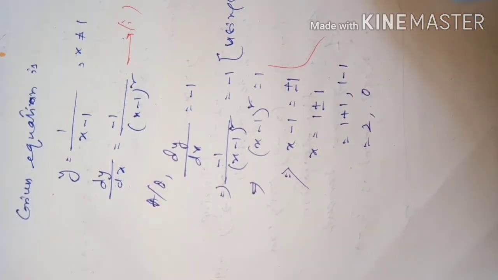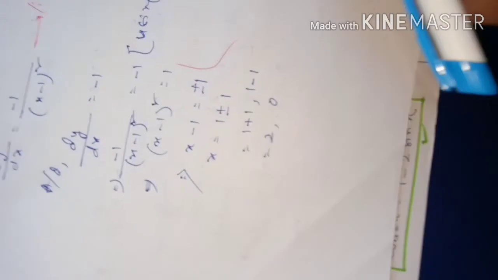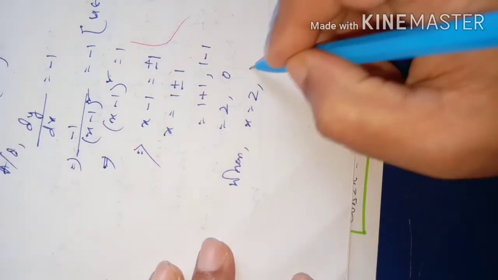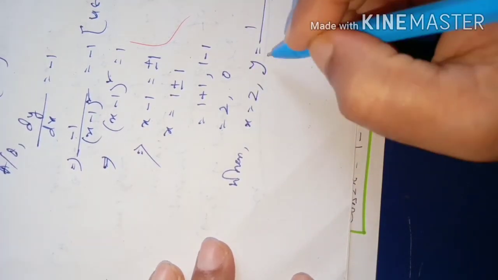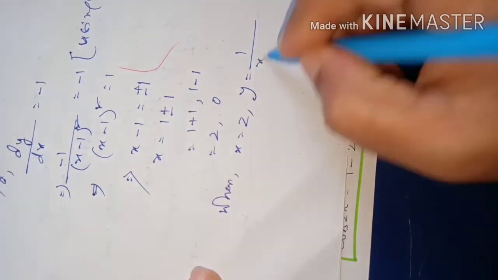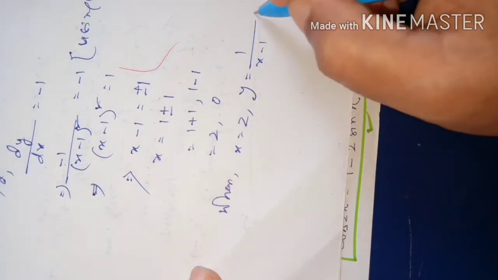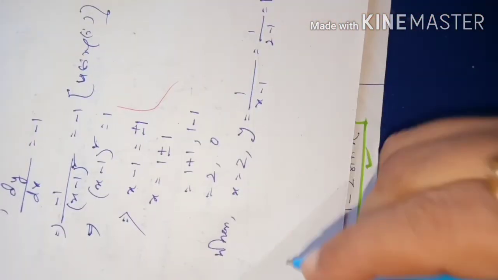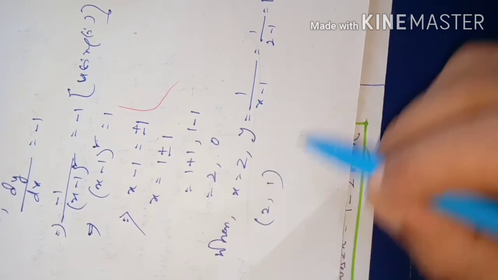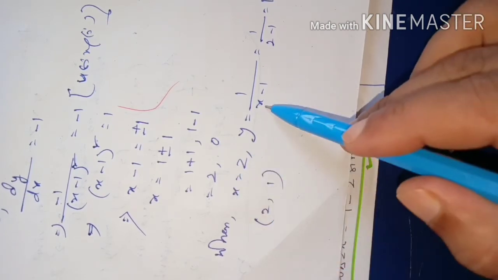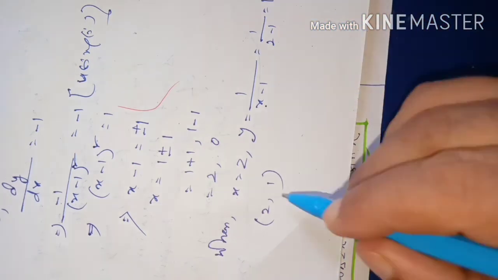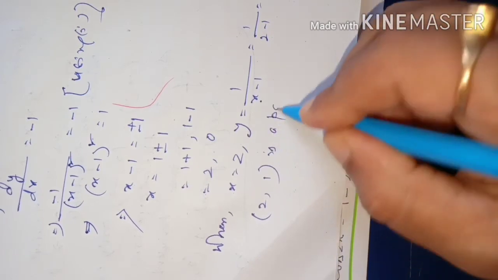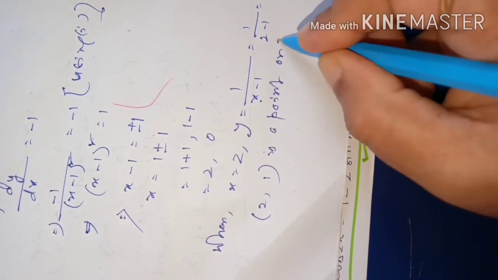So if x is equal to 2, y will be equal to, because the equation is y equal to 1 by x minus 1, put here 2. Then it will be 1 by 2 minus 1, that is equal to 1. So one point will be (2, 1). So (2, 1) is a point on the curve